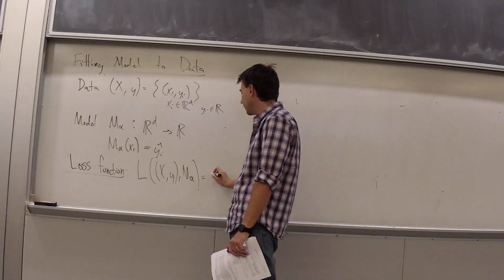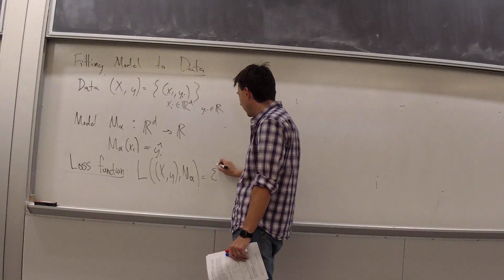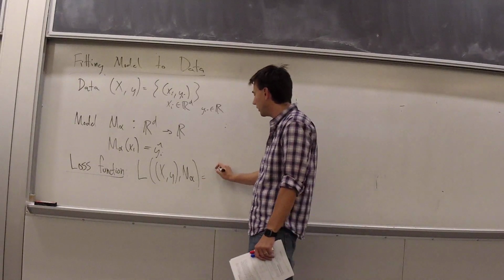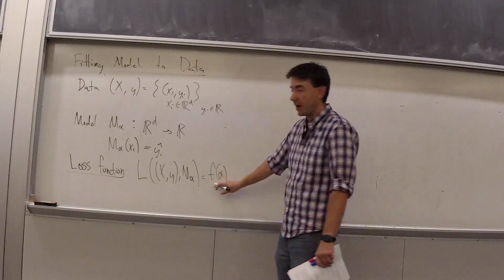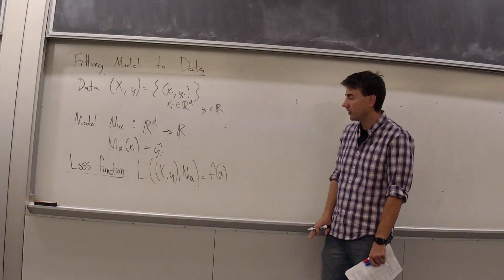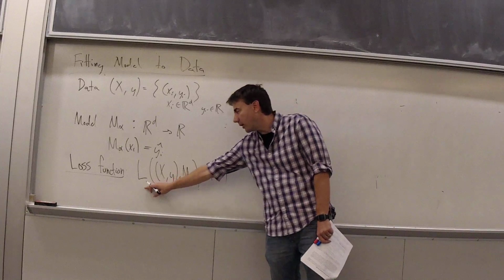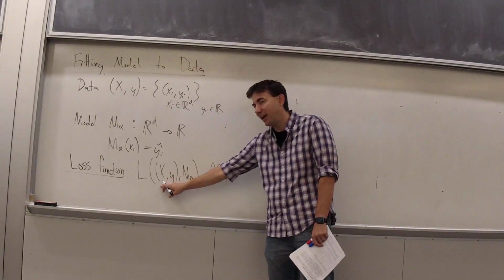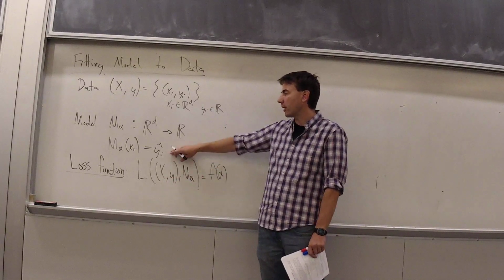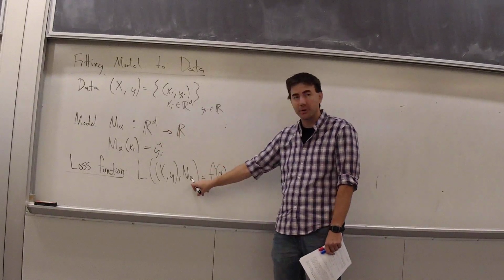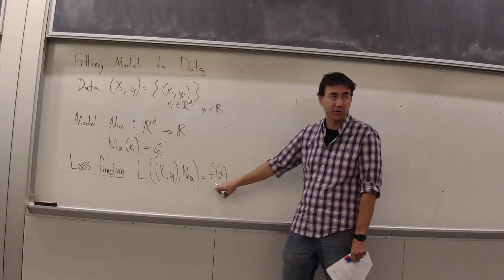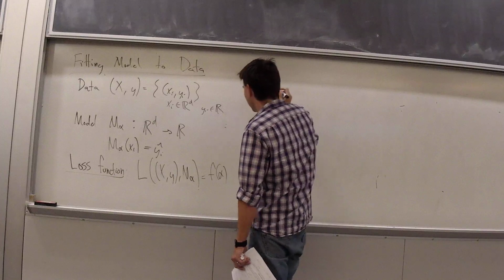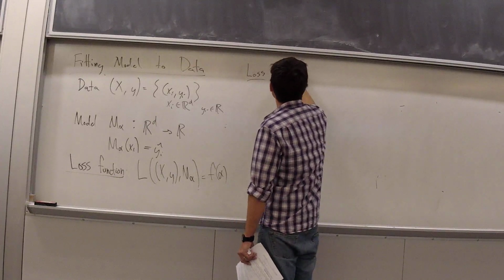And basically we're going to set this function equal to f of alpha. Okay, so basically the loss function, and I'll write down an example of the loss function, takes in the data and the knowledge of however I build a model. The model has parameters alpha, and now we're going to write this as a function of alpha in some way. And so the loss function